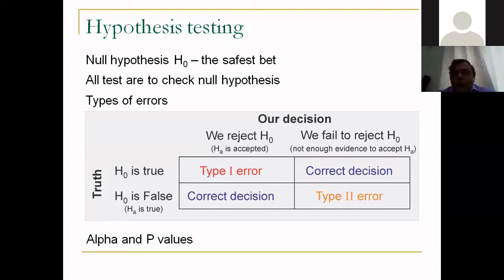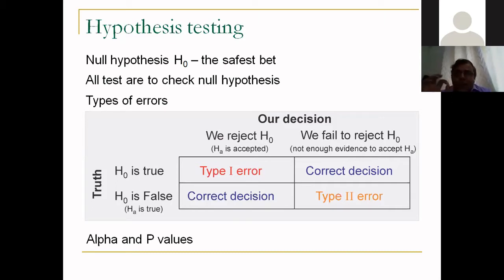Now, I don't know how many of you actually realize this, but this is a very, very stringent condition. So 0.05, what does it mean? It means that if my probability p-value comes to 0.06, then I still accept my null hypothesis. Why? Because I said that, oh, p is not less than 0.05. So I do not want to take a risk of rejecting the null hypothesis. So I'll accept the null hypothesis.